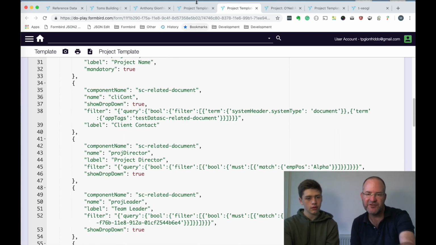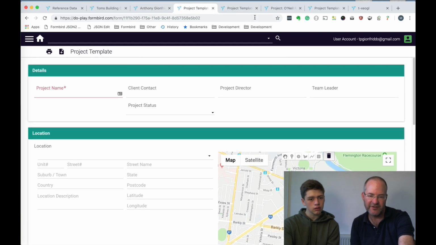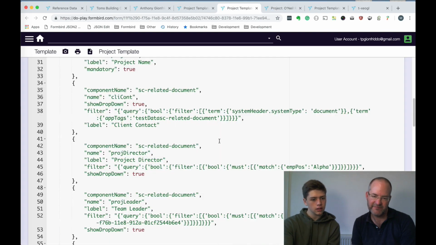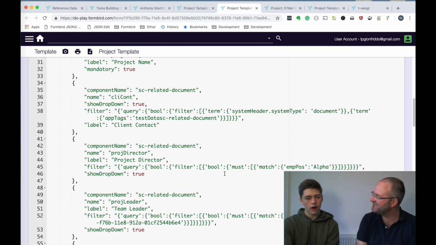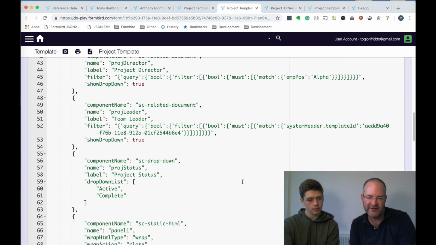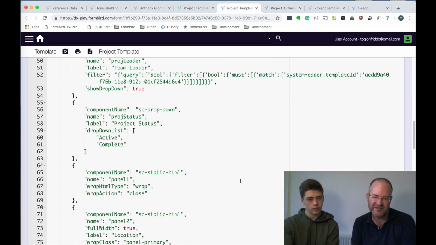Yep. So if we switch back to it, we can see those fields. So there are the different fields and the team leader. Okay, that's fine. And they just use basic queries. That's a basic query. Now, did you know anything about the querying before? No. Okay. So a little bit of querying language there in Elasticsearch. So we go down and we have a drop down with a bit of a status.